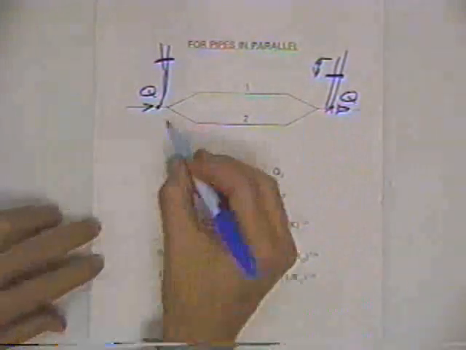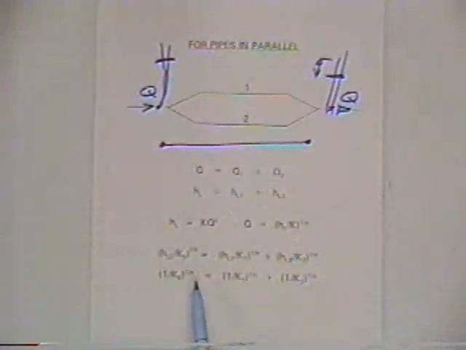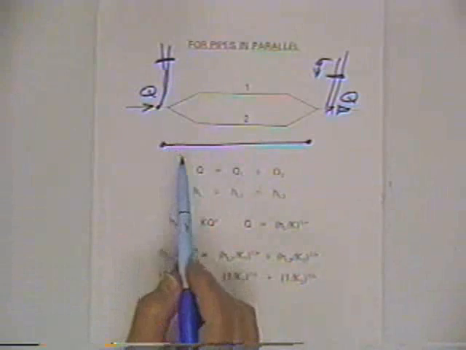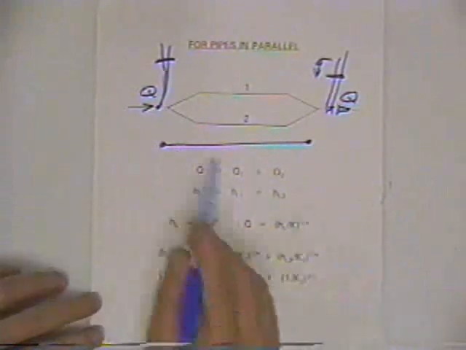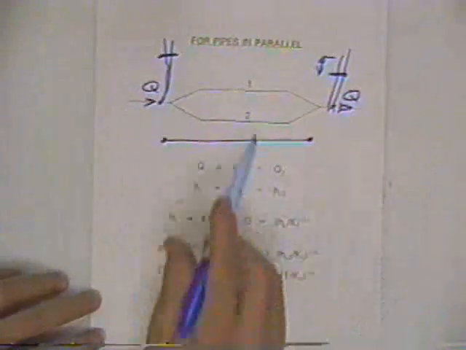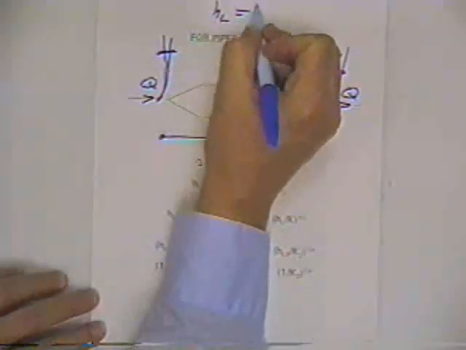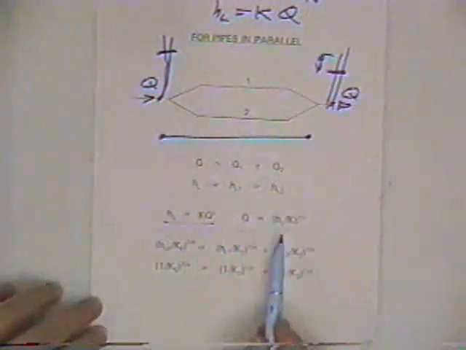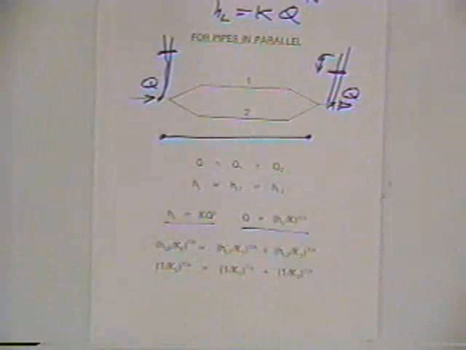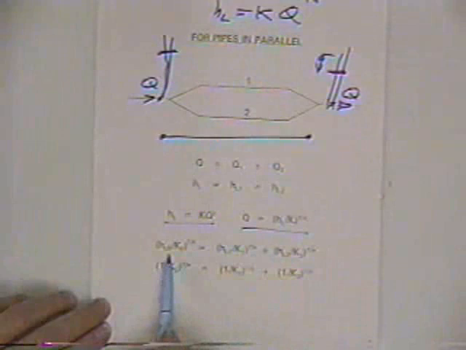And if you visualize that as just being one pipe, you could do the same thing we did before, in that for a given head loss, we could relate the Q's. Again, everything is based on the basic relationship: head loss to Q to a power. That's our basic relationship. We could solve for Q thusly, and then say that the Q